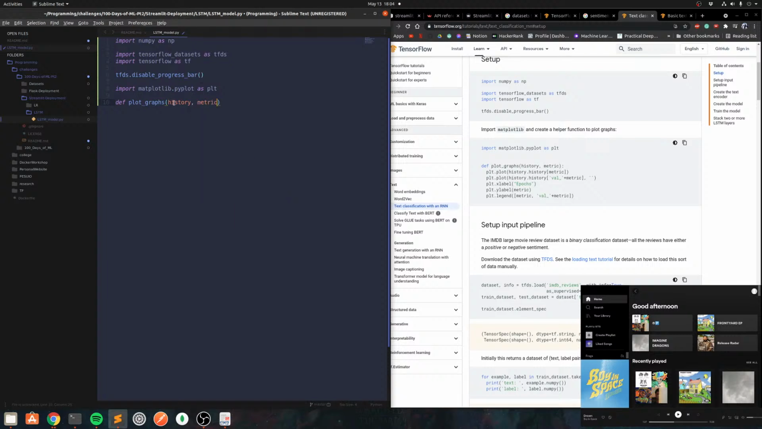So here history actually comes from after training the model, I believe. So that's pretty cool. History dot history. So this plot will allow us to evaluate our LSTM model at the end. History, and then